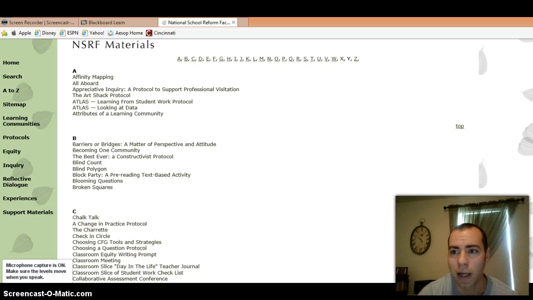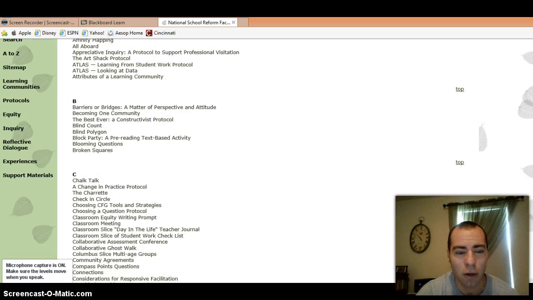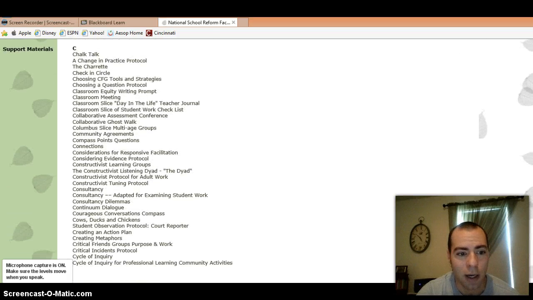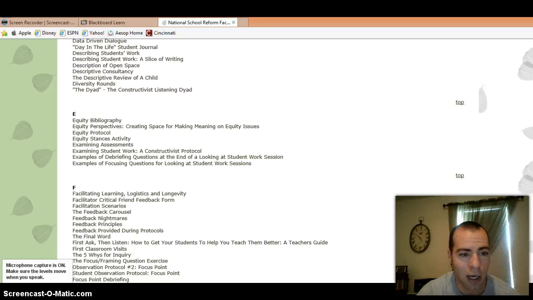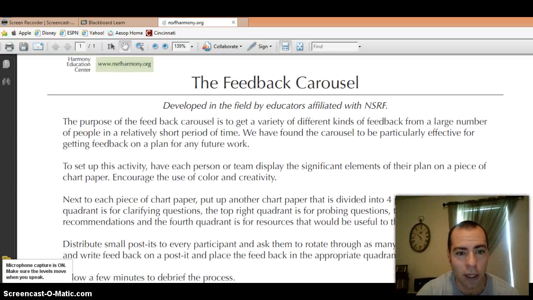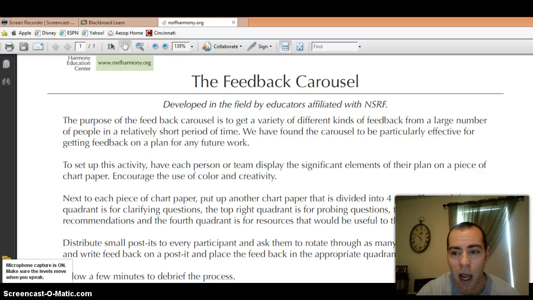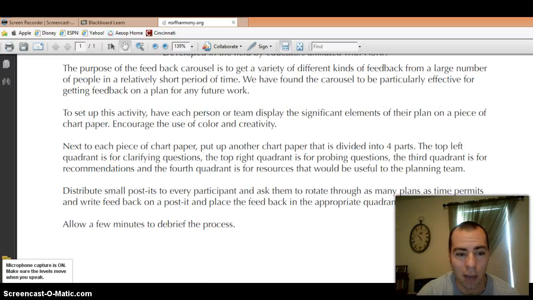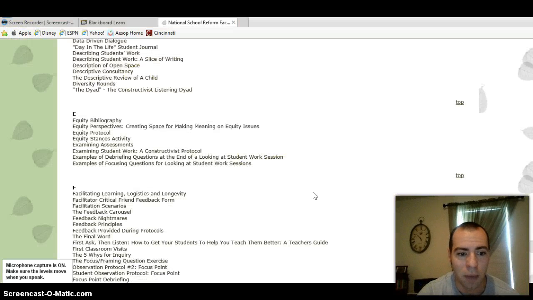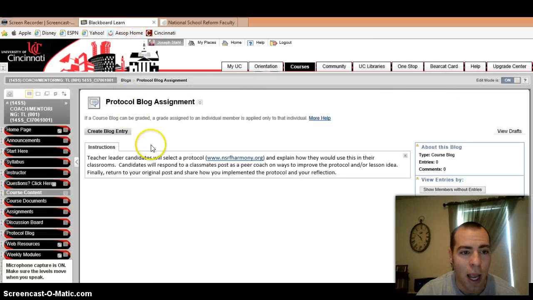So for example, if I go through, pretty much it's hit or miss, you just choose, see which one sounds really good. So I'm going to come down here and look for one that I want to check out. And here's the feedback carousel. So you can open it up and you just read through it. This is exactly what's supposed to happen, and how you would run through this type of protocol. If you don't like it, just go back, choose a different one. But once you choose one that you like, you're going to come back to the Blackboard